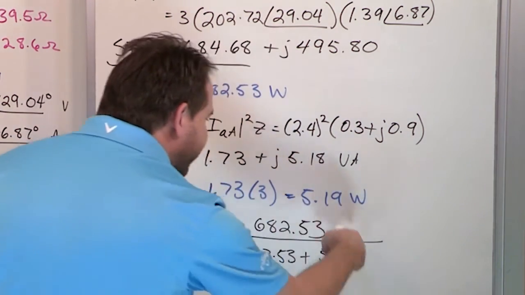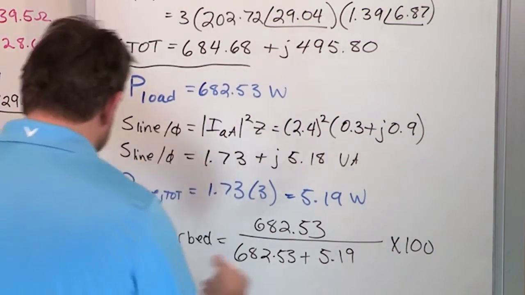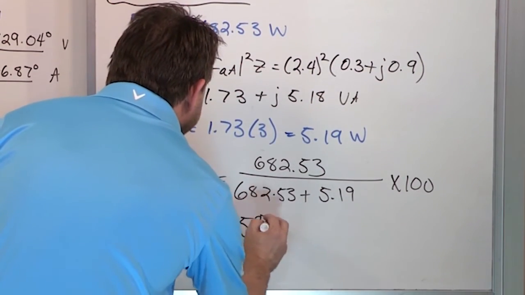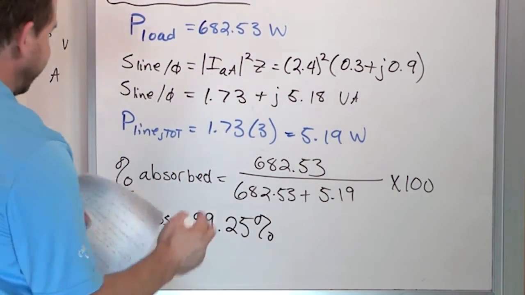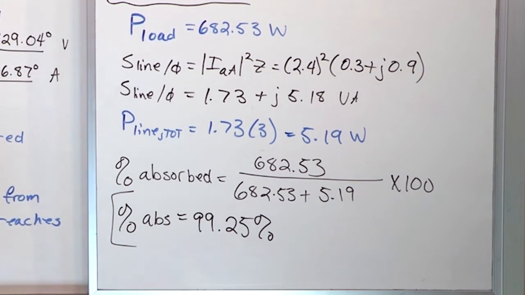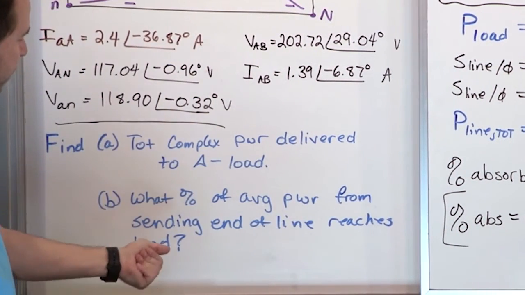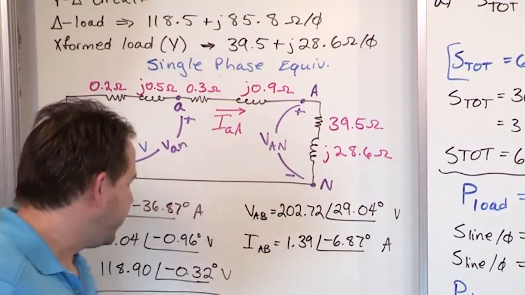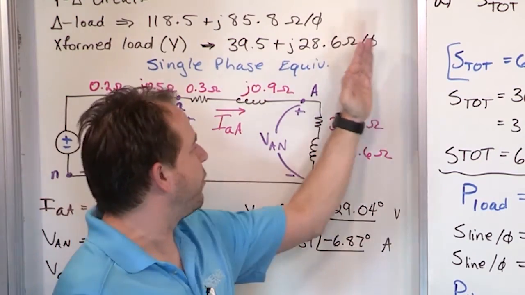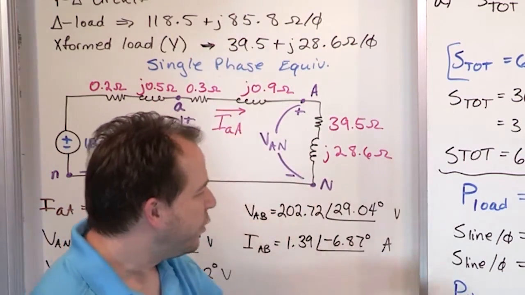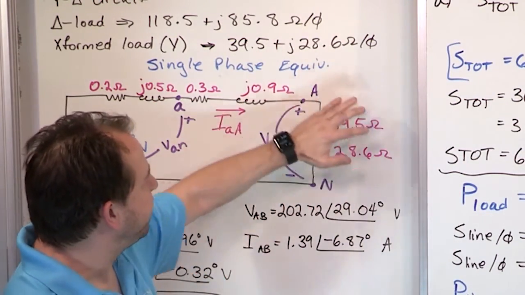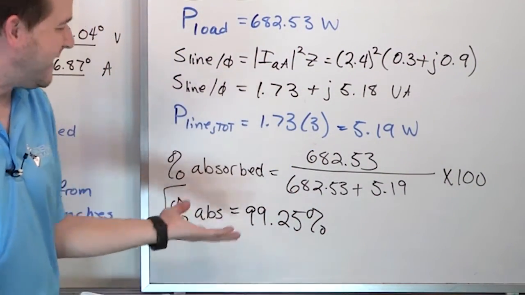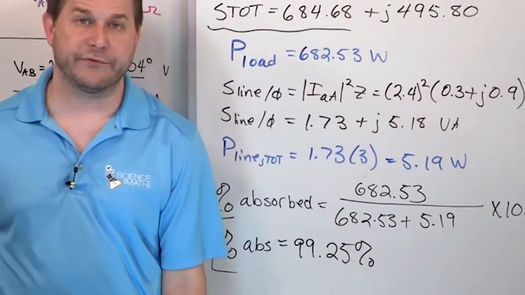So what you get is a decimal, and you can multiply that times 100 to move it into a percent, and you're going to get 99.25%. Again, it's just a simple calculation, but you have to know what to do. You have to know what it's asking. And when a problem says what percent, you need to be thinking part over whole. Average power means P, from the sending end of the line, which means from here on to the load. So what you got to do is calculate the total power absorbed, real power, which is the denominator, and then the power only absorbed by the load, which is the numerator. This obviously is only very slightly bigger than this, so you get 0.9925 times 100 gives you 99.25%,